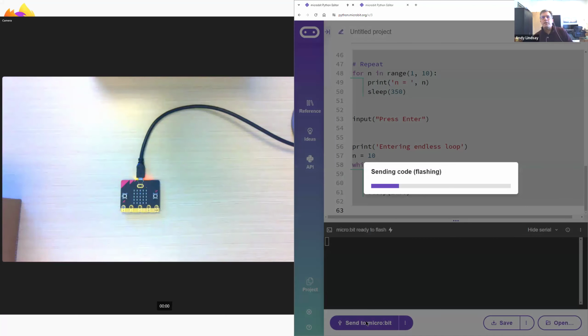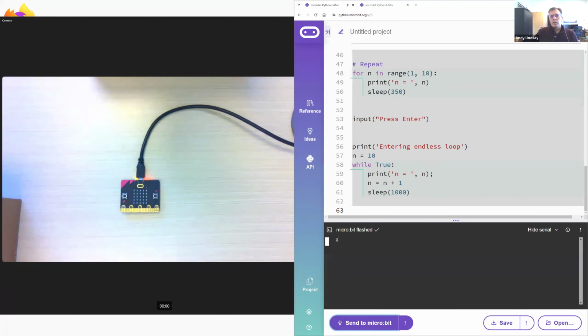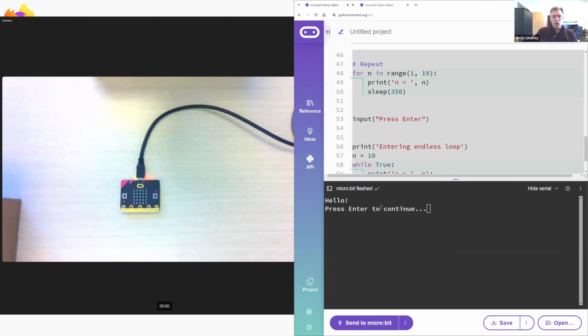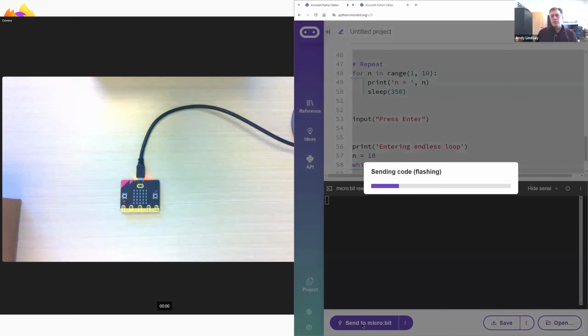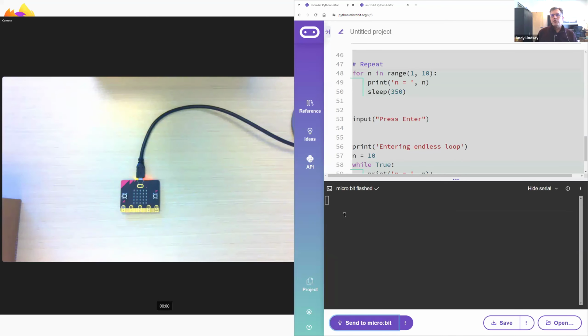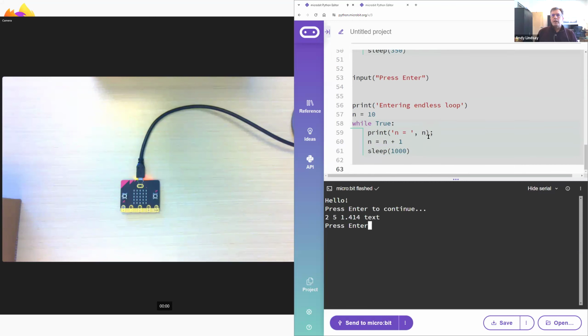Now you may find that it might not take on the first try. I've noticed that this serial monitor sometimes doesn't show it on the first try. Even if it's blank, you can click and hit enter, and you might see the second part of the script. And then if you send the script to the microbit again, it should at that point start from the beginning. And then you can go through and say, okay, here we're